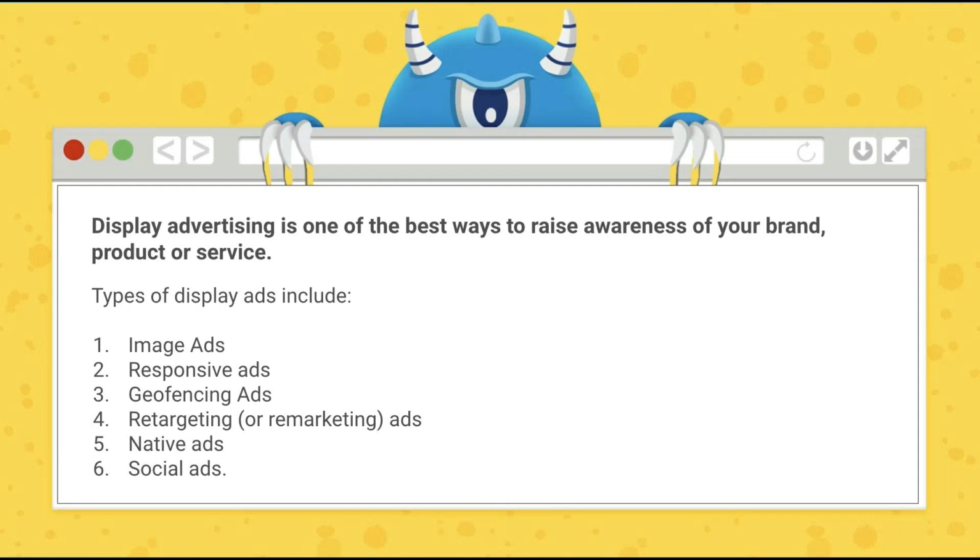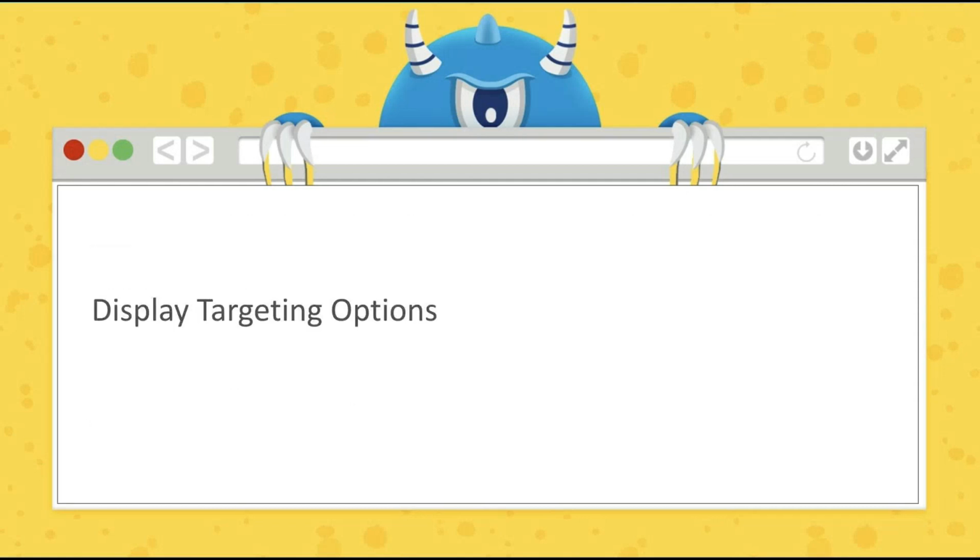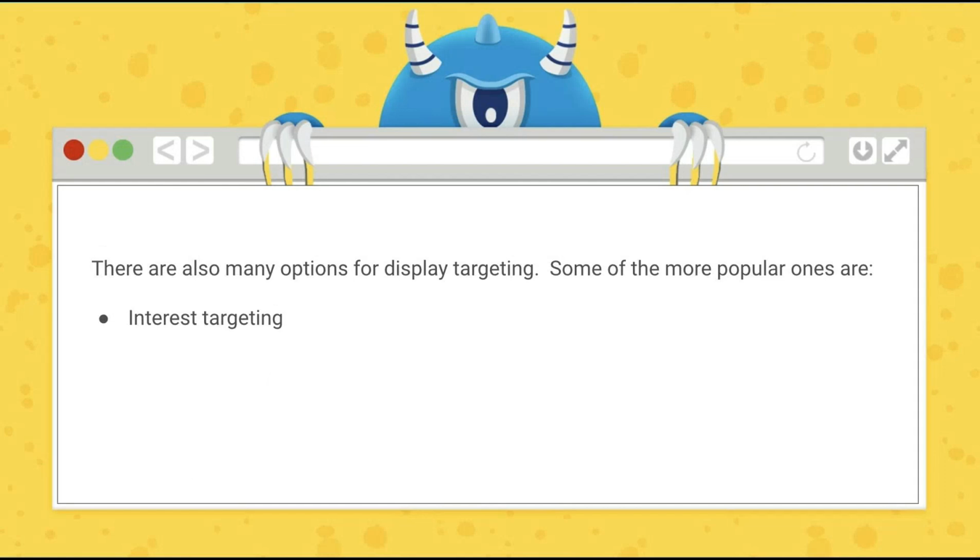But how do you target with display? There's a lot of different ways to do that, but let's look at really the most common ones when it comes to display targeting. Number one is interest-based. That's where if anybody goes to